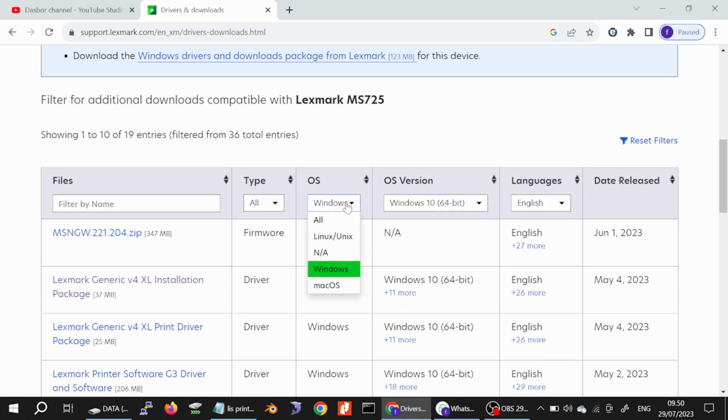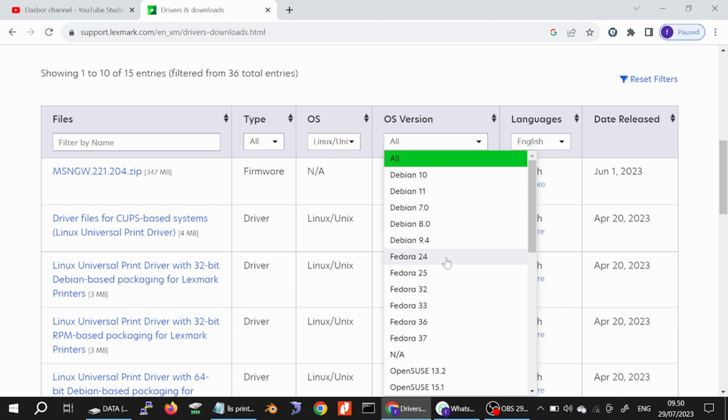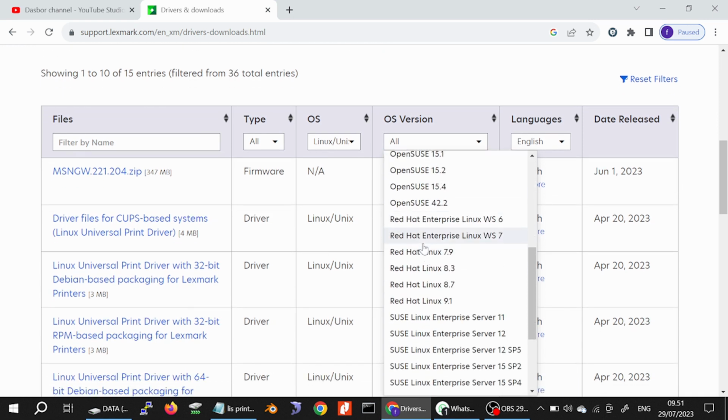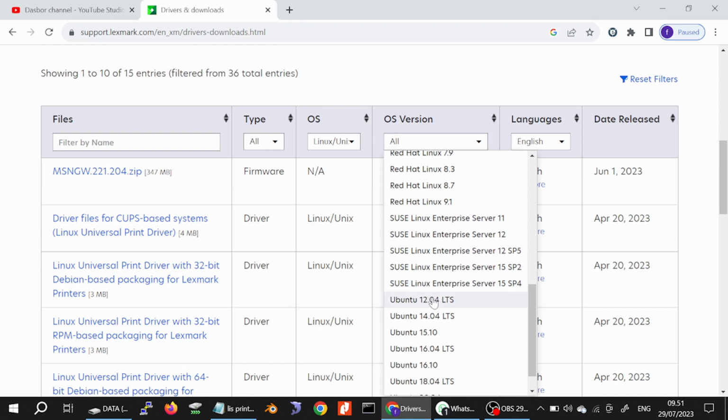This here is for the operating system: Windows, Linux, and Mac. I'm selecting Mac, and this here is the Mac version. You click here. This here is Mac 13.7, 13.6, 13.3, 13.2, and this here is 20, 25, 24, and this here is the Debian version. And this here is the OpenSUSE, Red Hat, and this here is the SUSE, this here is the Linux